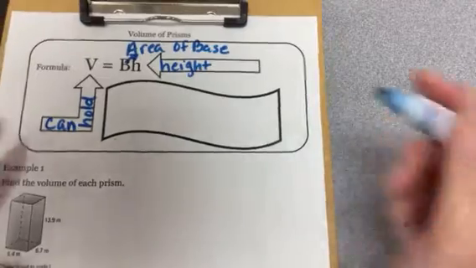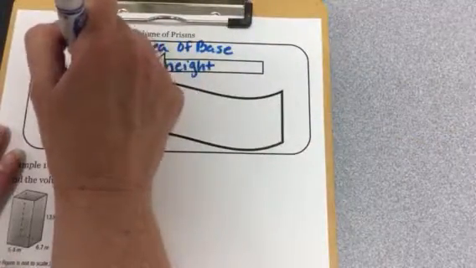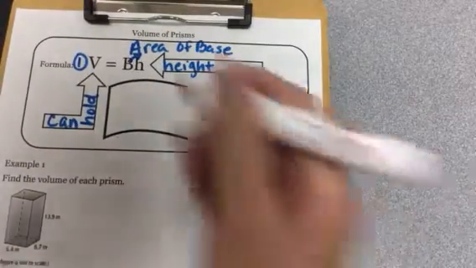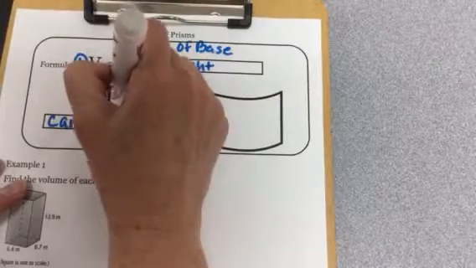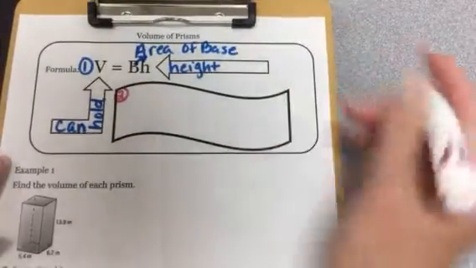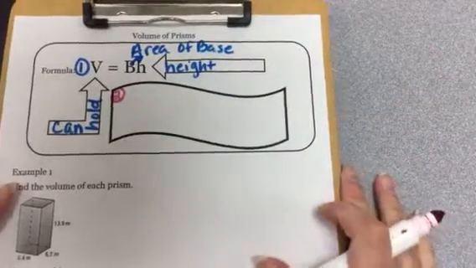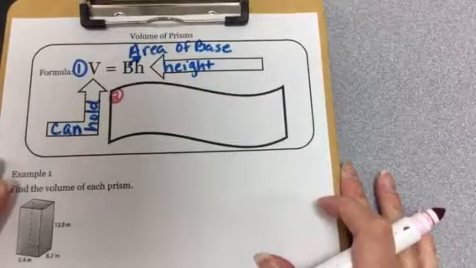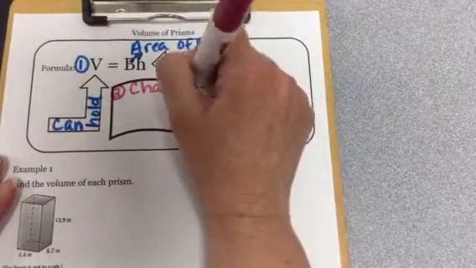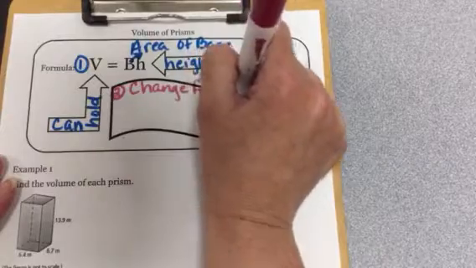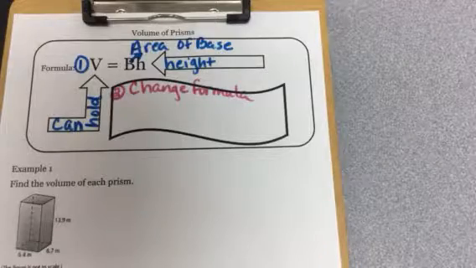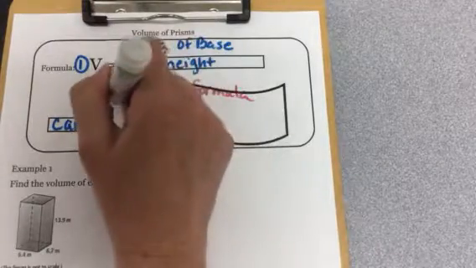Step 1 is done here for you. Write the formula. Step 2 is going to be to change the formula. So I'm going to move on to step 2, and I'm going to change the formula according to what shape the base is in. So according to the base, I'm going to change the formula. Okay, so I write the formula, I change the formula, then step 3 is going to